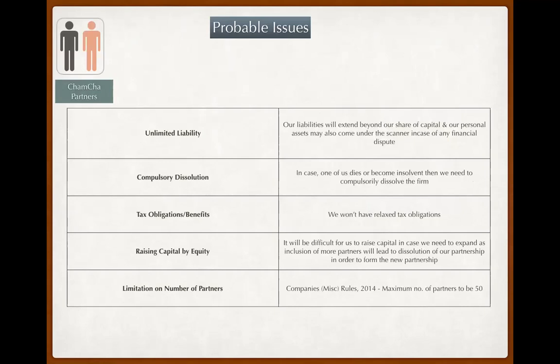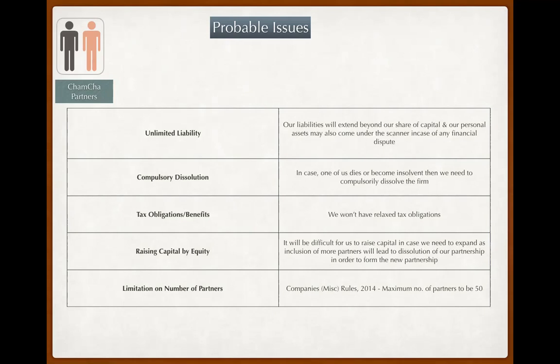Okay, now the first one being the unlimited liability. As it was there in the sole proprietorship, the unlimited liability is consistent with the partnership as well. Even if it has been regulated by the law, the law clearly says that when the partners get into such agreements, their liability is unlimited. So if they take up any loan from the bank to expand their operations, to finance their operations,